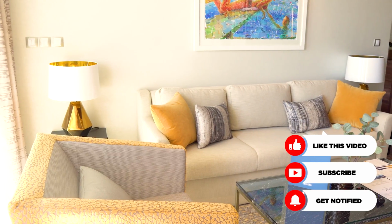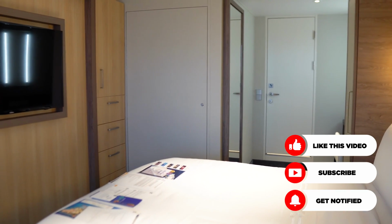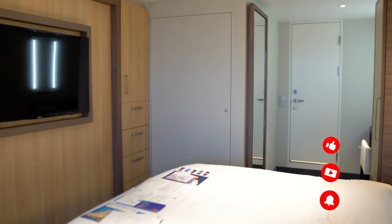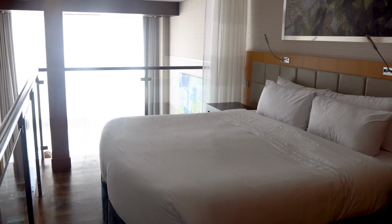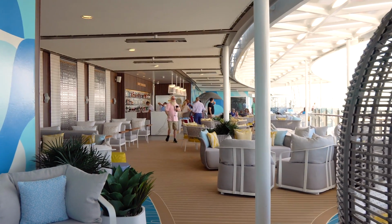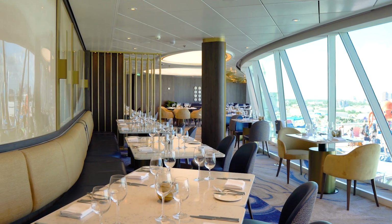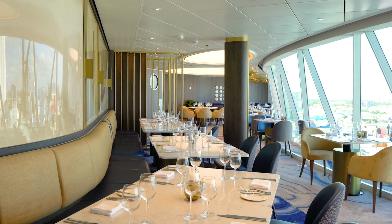Now, suites come in different sizes and layouts, but the common thread among them all is that a suite is a cabin that provides the most space and the best amenities for guests on board. Royal Caribbean's suite program is not quite a ship within a ship concept that you may have seen with other cruise lines out there, but Royal Caribbean does give their guests lots of extra attention and access that other cruise